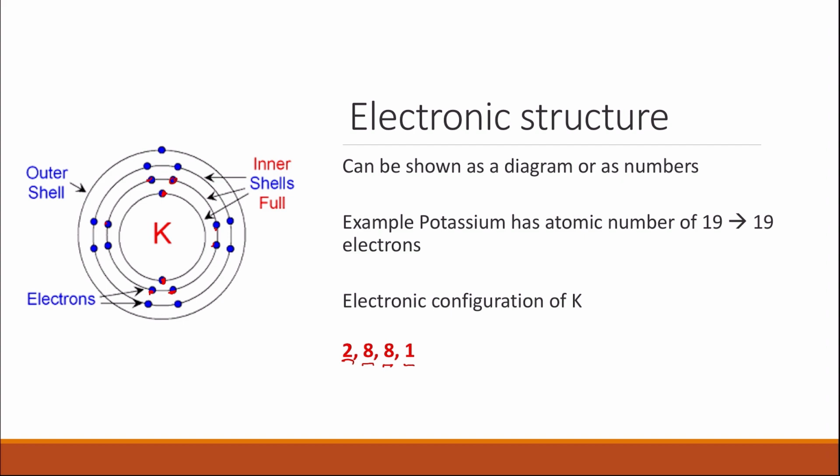So the first one was 2 electrons, the second one was 8 electrons, the third one was 8 electrons. All of these are the inner shells, which are full, and then the outer shell will only have 1 electron, and this is the outer shell, which is not